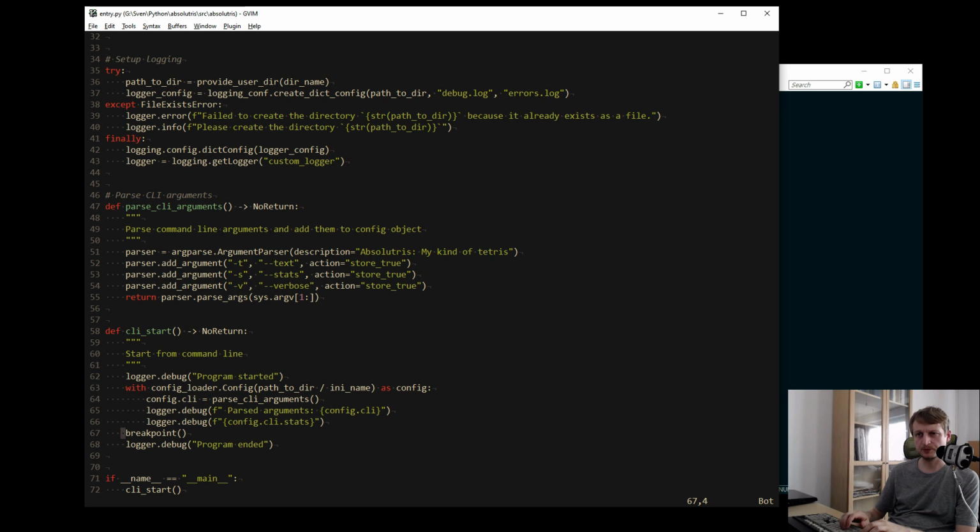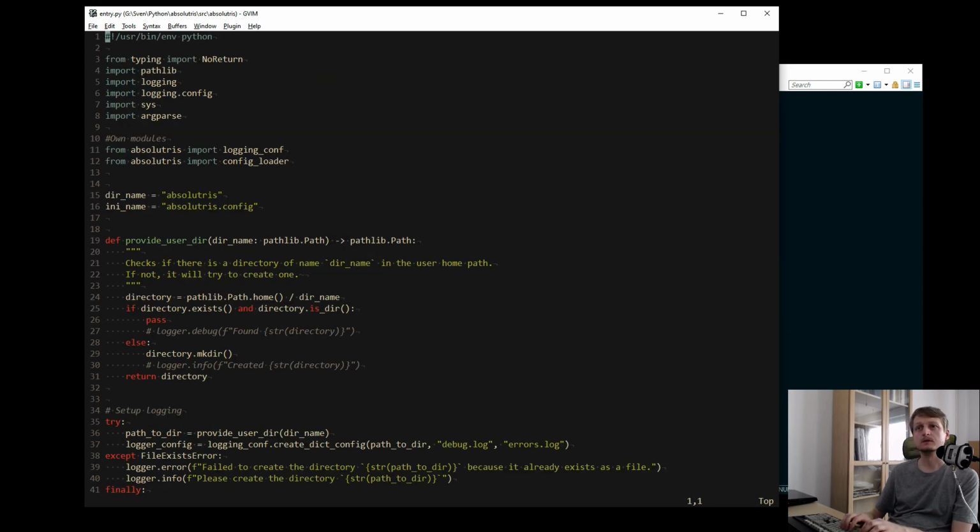Okay, then there is a breakpoint, and instead of a breakpoint we can say from absolutris logger config. Well, I need to see if I can import my random engine.